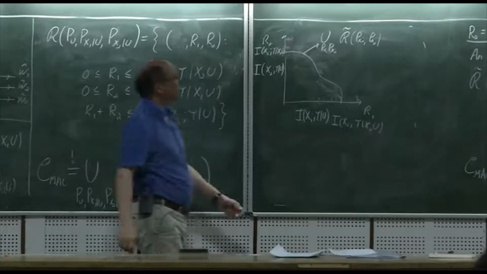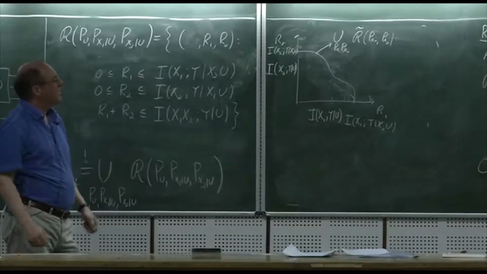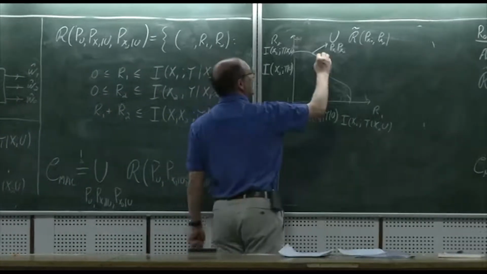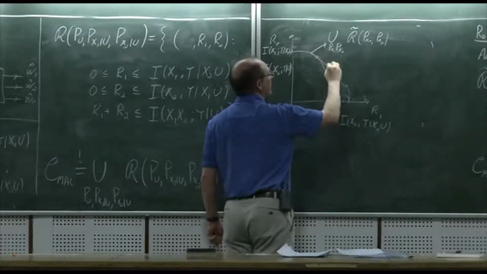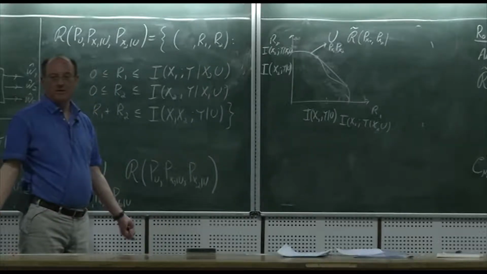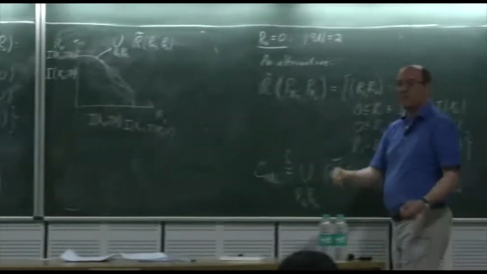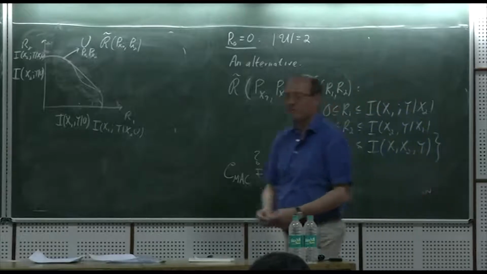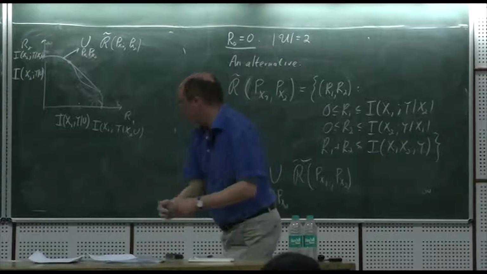Okay, so the problem is if you just do it without the time sharing, you in general get a non-convex region, and we know that we can do better than that, right? We know we can just take this point and operate there part of the time, take this point and operate there part of the time, and time share between the two, right? We'll do better. So in fact, this turns out to be not true, but what does turn out to be true is if we take the convex hull of this afterwards, it is the capacity region. So that's just the important additional statement that